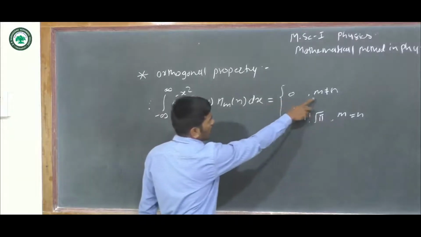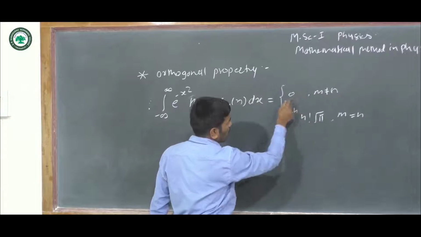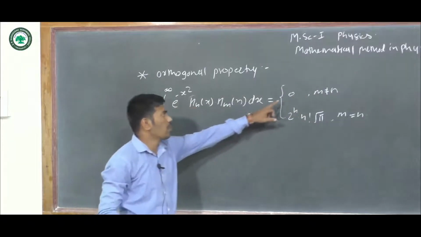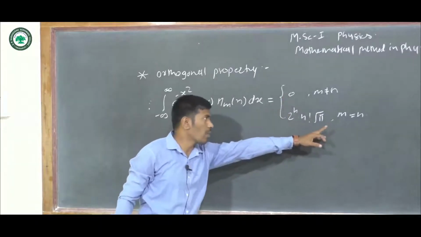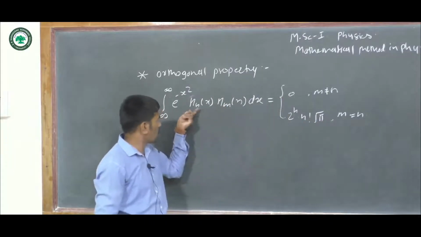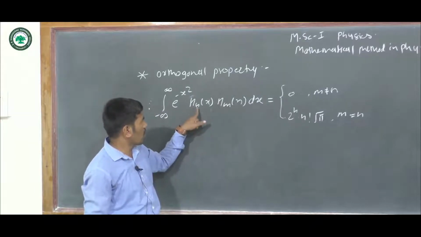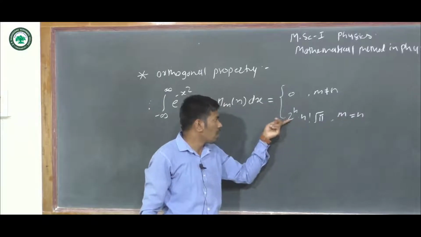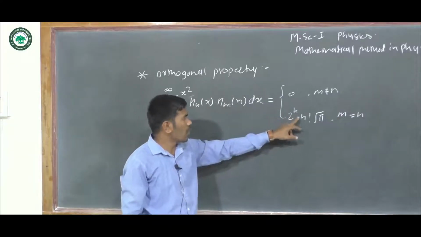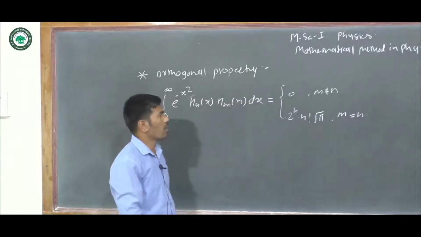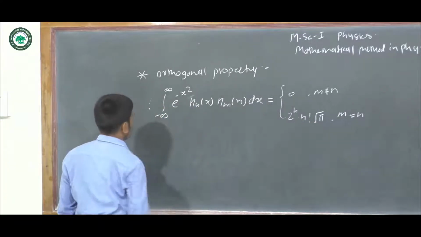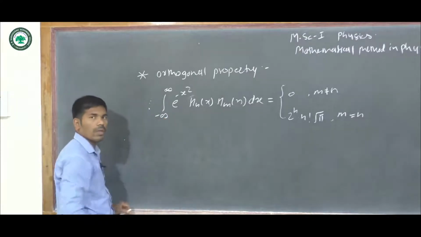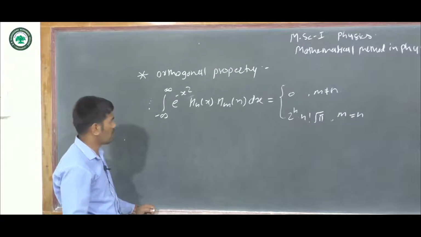So here are the two conditions. When m is not equal to n, this integration is equal to 0. And when m is equal to n, meaning the polynomials here n and m are the same, the result of this integral is 2 power n into n factorial into under root pi. So here we are going to consider the two polynomials and relate them with the generating function of the Hermite